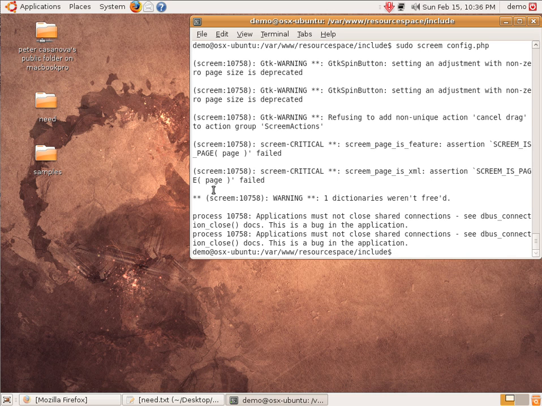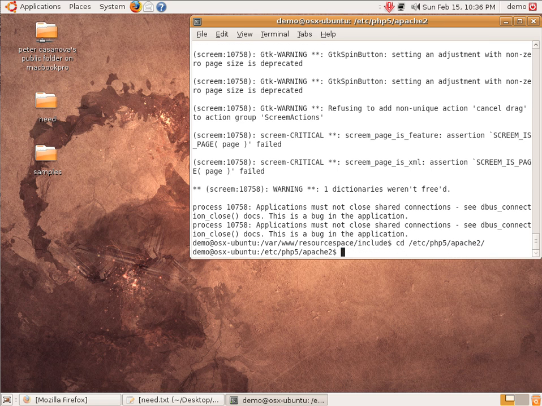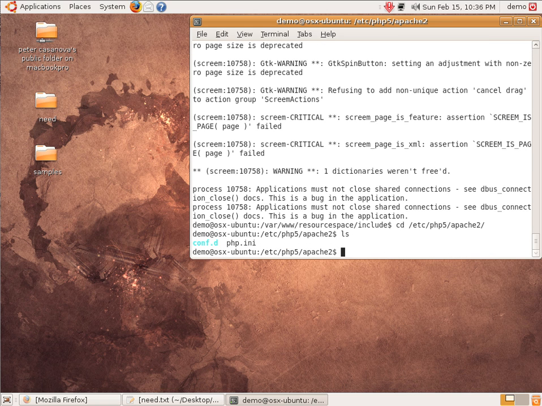Alright, and the next thing we got to do is edit our php.ini files. By default, we're going to go to cd /etc/php5/apache2. That's where Ubuntu puts it. We did ls, you can see that you have your php.ini file in there. We're going to do the same thing, sudo screen php.ini,